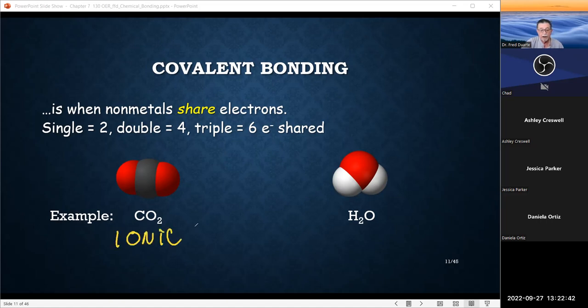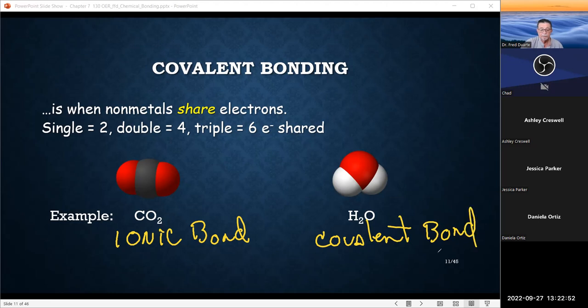Ionic bond and the covalent bond. Okay. Now you would think with chemistry it'd be a lot more, but not really. There's only two types. And the only difference between the two, which you really got to grasp, is